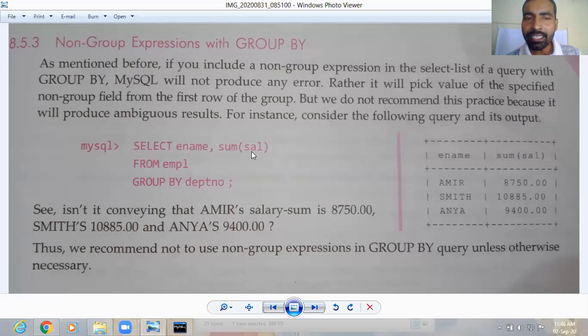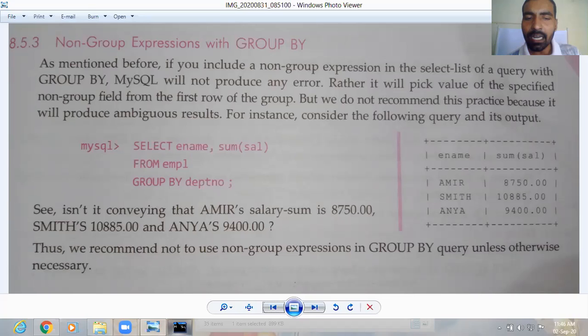E-name does not have matching values, so group by will divide the groups on department number and display the value of e-name from the first record, meaning the first row of each group.